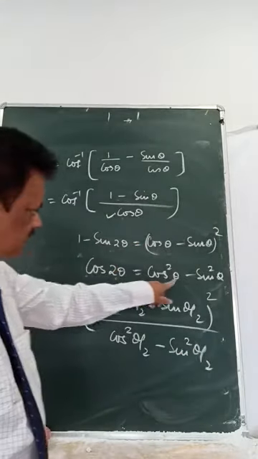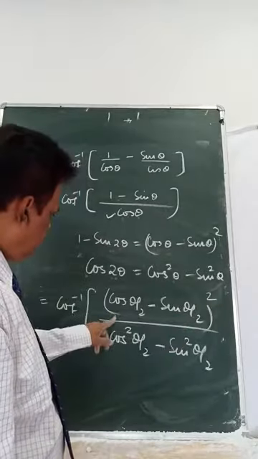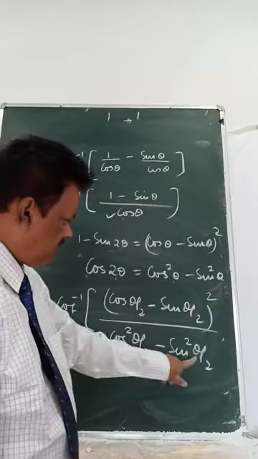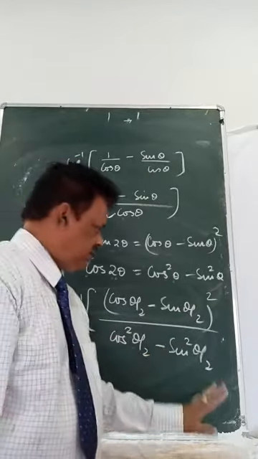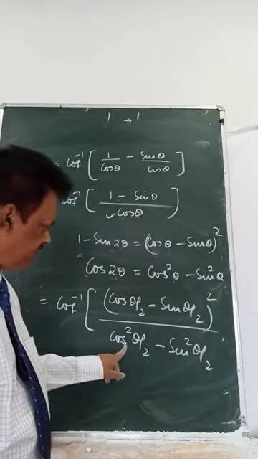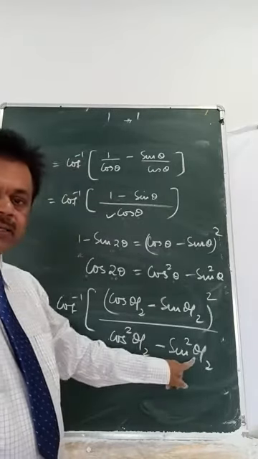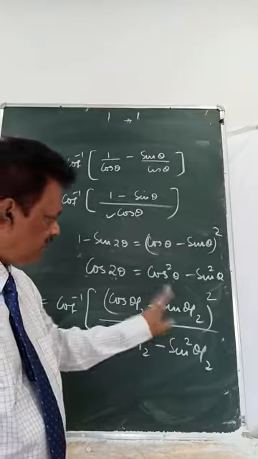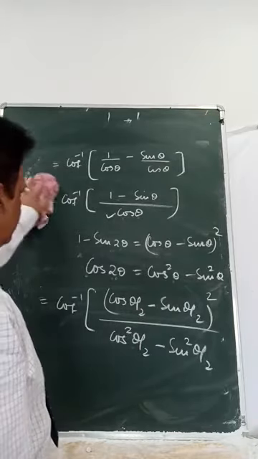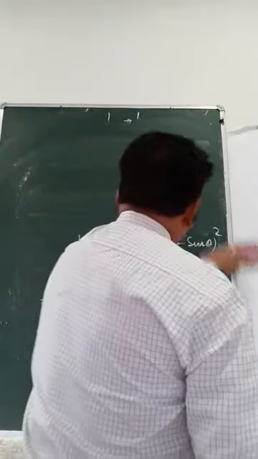So 2 theta is theta, so theta will be half angle. Now something is visible. If I factorize it, a square minus b square formula, one of them will be cancelled. So what can I write? I can write this is